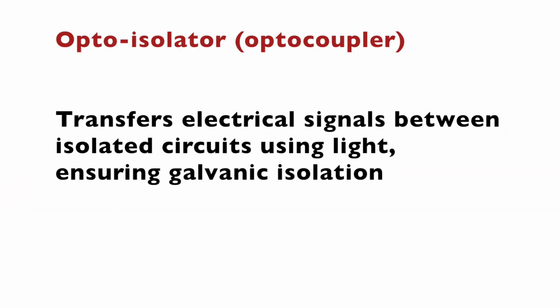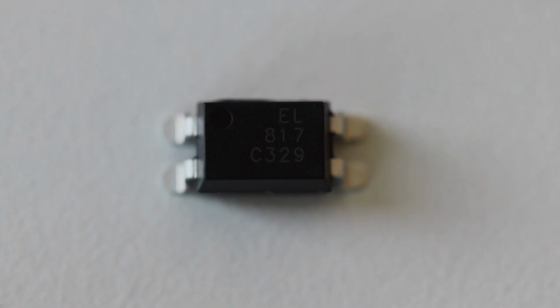An opto-isolator, also known as an optocoupler, is a device that uses light to transfer electrical signals between 2 isolated circuits, providing galvanic isolation to prevent high voltages from affecting the system receiving the signal. There are many different optocoupler chips on the market. In this video, I'll use